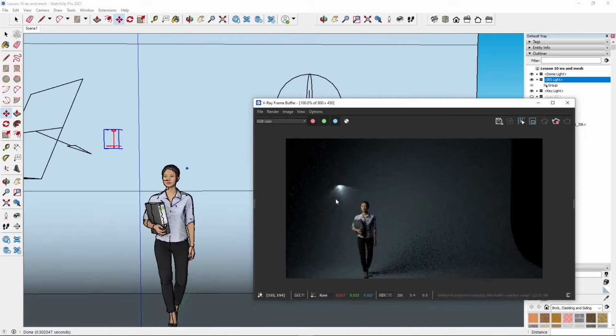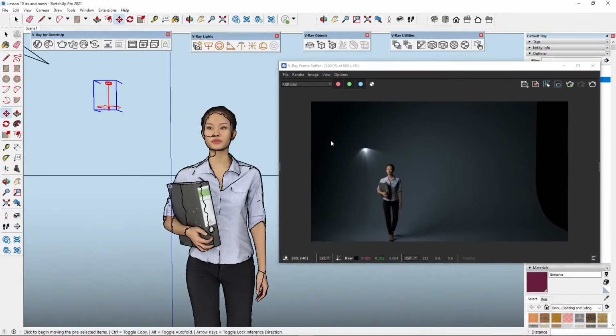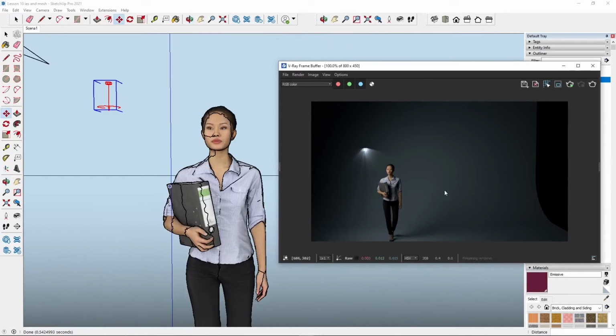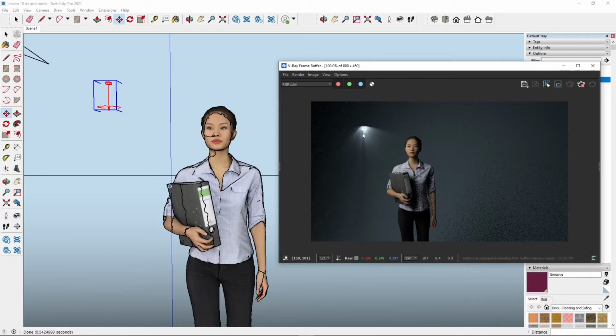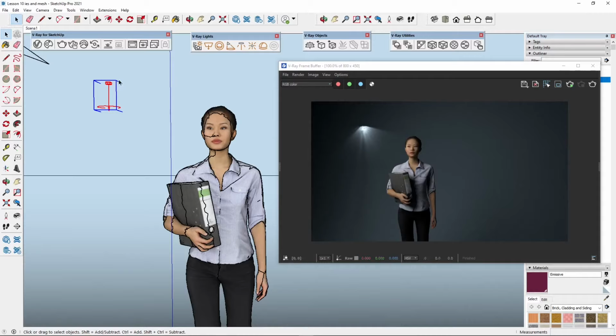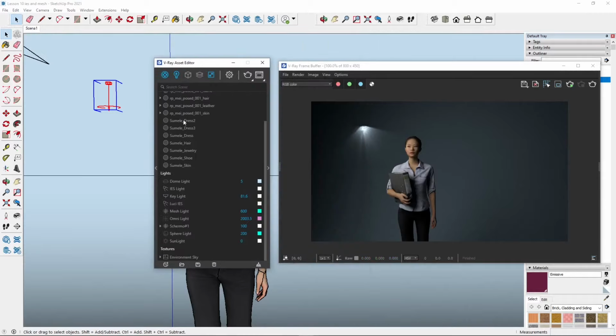Okay, and you can already see that. Now, if you have a lot of lights inside the scene, it's more difficult to see the effects that we are seeing right now. So if you don't see any effect, what you can do is change the settings. For example, if your scene is too bright, you probably will need to go to the VRAY Asset Editor and locate your light first. So you can